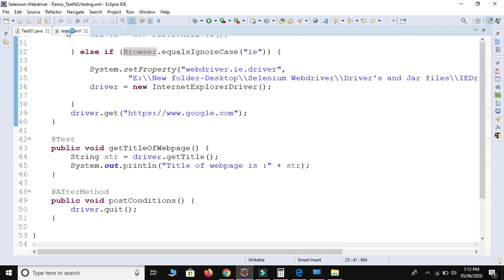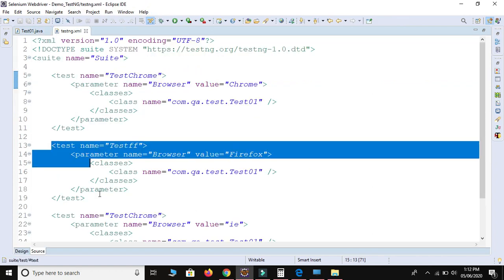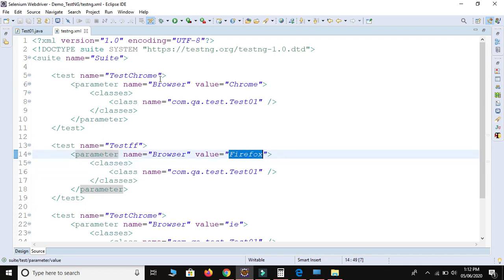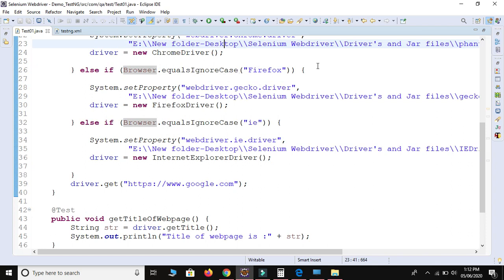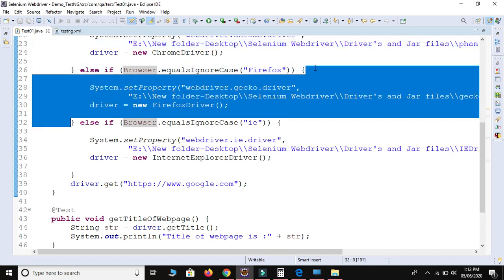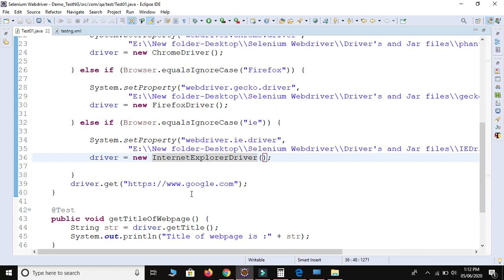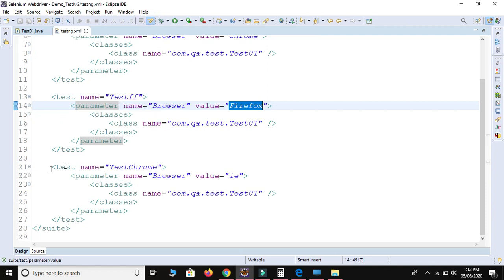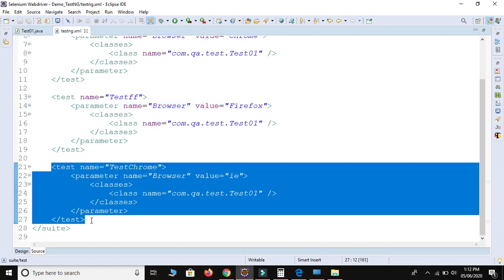The second time it will read this block. It will take the browser name as Firefox. The Firefox keyword is matched with this block, so it will create an object of the Firefox driver class. It will launch Firefox and run our script. Now after launching Firefox, it will come here and read this line.